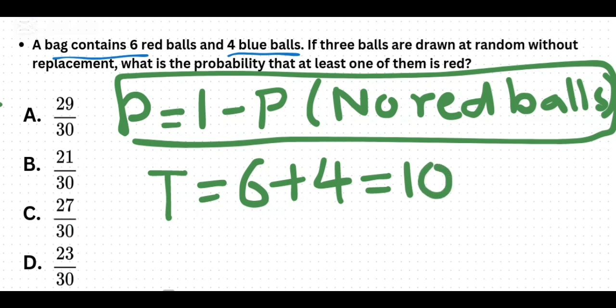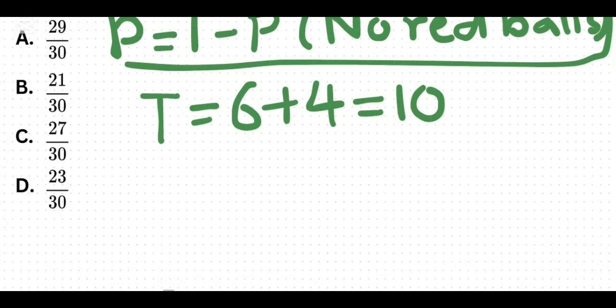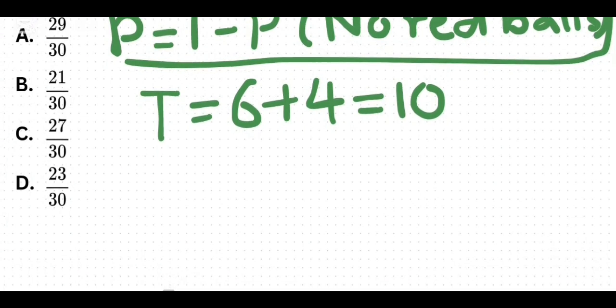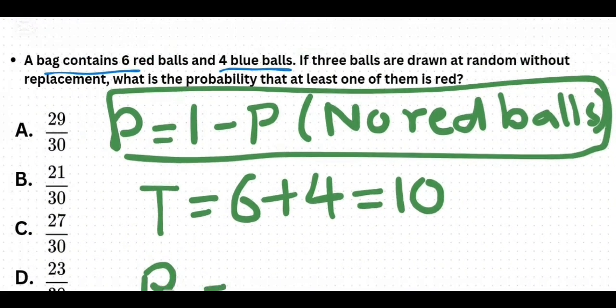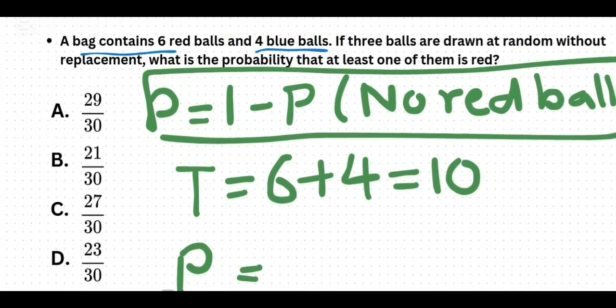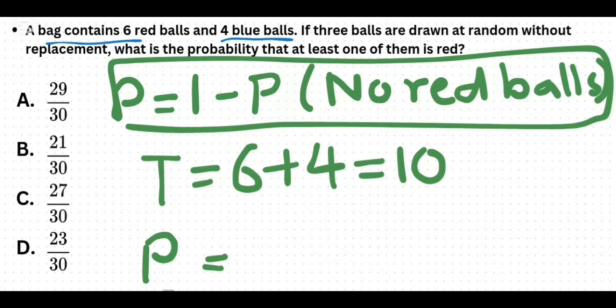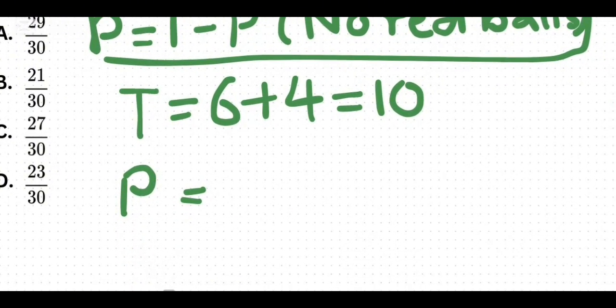So the probability of drawing only blue balls, so probability of no red ball, there are 4 blue balls, right? So it is 4 out of 10, which is the total outcome, multiplied by 3,